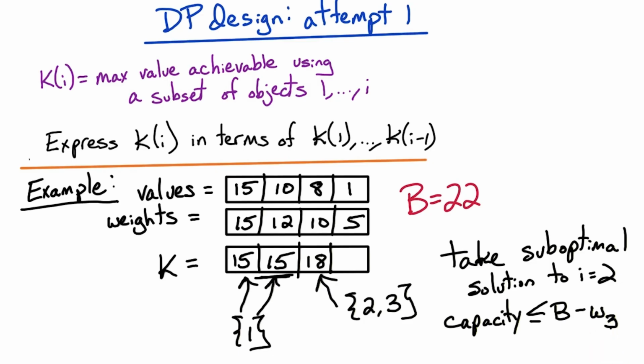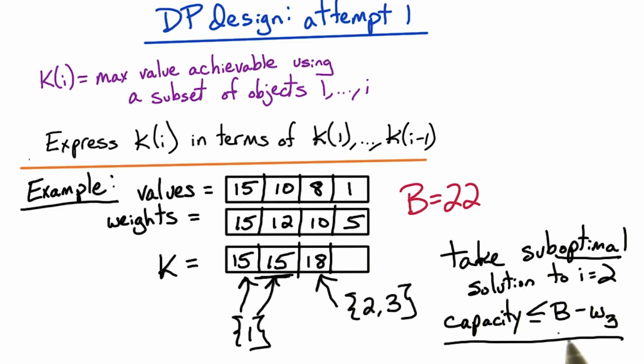What we really want to do is take the optimal solution to i equals 2, where the total capacity available is at most the total capacity in the original problem minus the weight from using object 3. If we're going to add object 3 to our solution, then that takes weight w3, and our capacity available goes down by w3. We want to take the optimal solution to that smaller subproblem, which is i equals 2 in this case, with this smaller capacity. In this case, that capacity is 12,